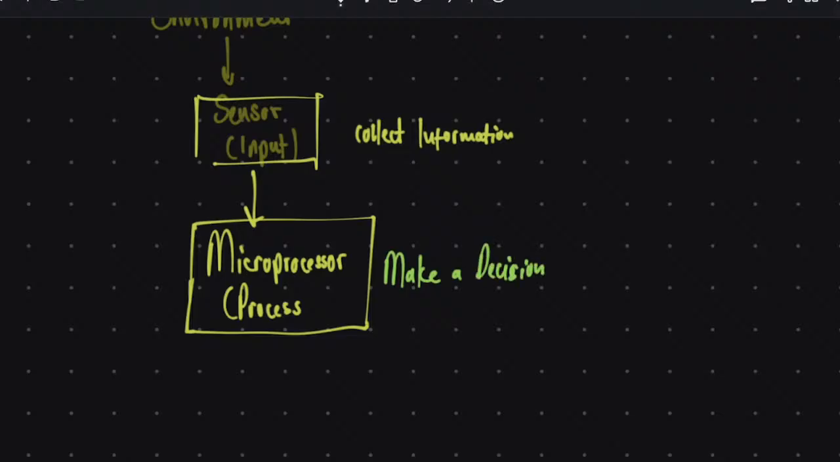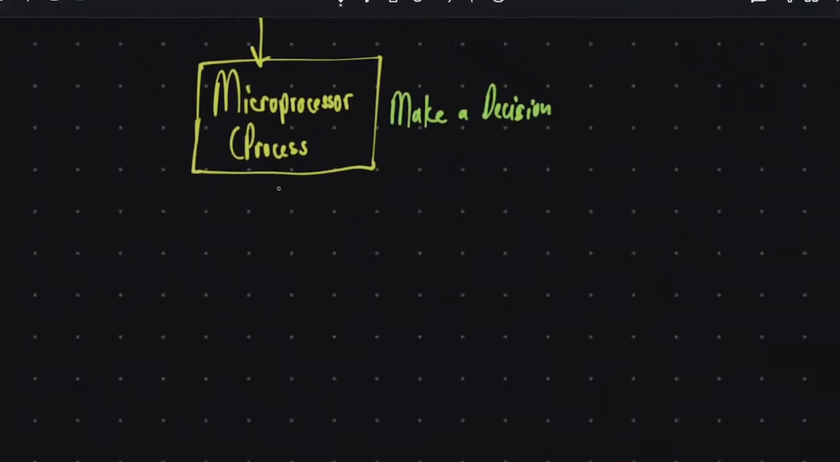Then lastly, what is the third thing? It goes now to the activator. What should the activator do? It performs the action automatically. Yes, yes. So it goes environment,